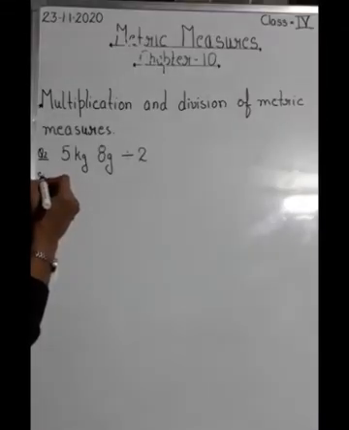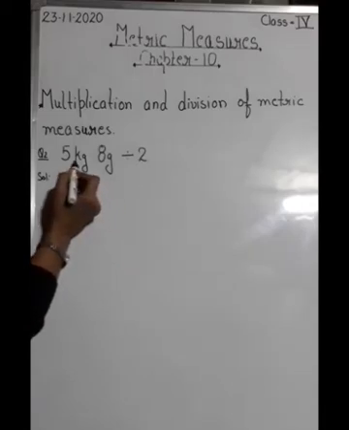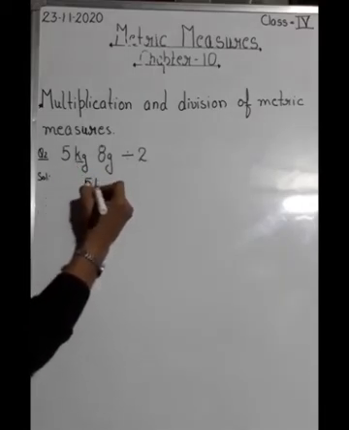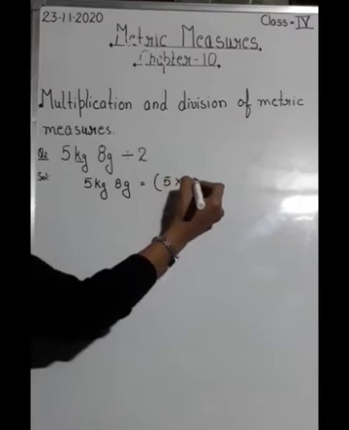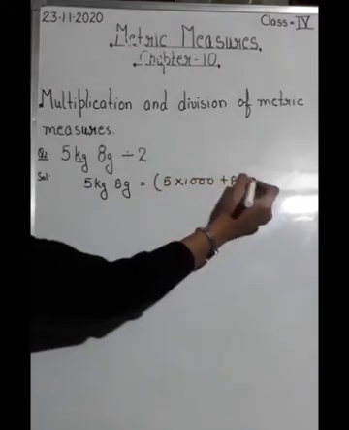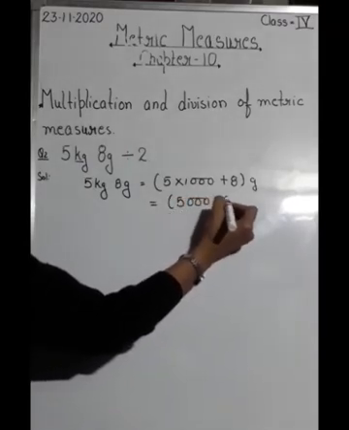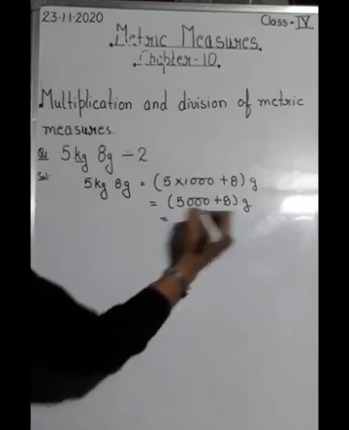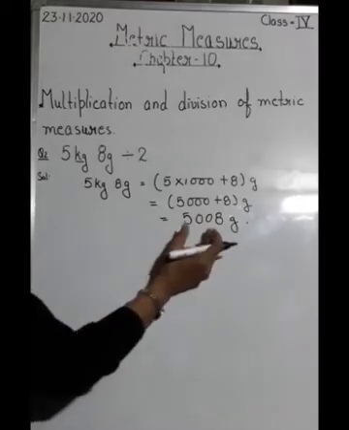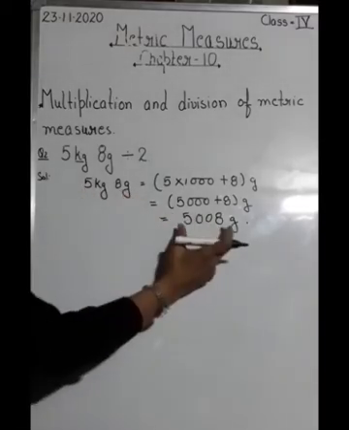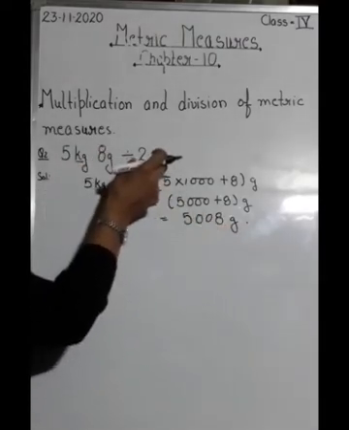Okay, we will do one more question of division, that is 5 kg 8 gram divided by 2. So what I have told you, first you have to convert the bigger unit into the smaller one. Okay, so you will write 5 kg 8 gram is equal to 5 into 1000 plus 8 gram. Okay, and when you solve it you will be getting 5000 plus 8 gram, and when you add these two you are getting 5008 gram. Clear? Now you have converted this into gram, and what you are getting is 5008. So your question becomes 5008 divided by 2.